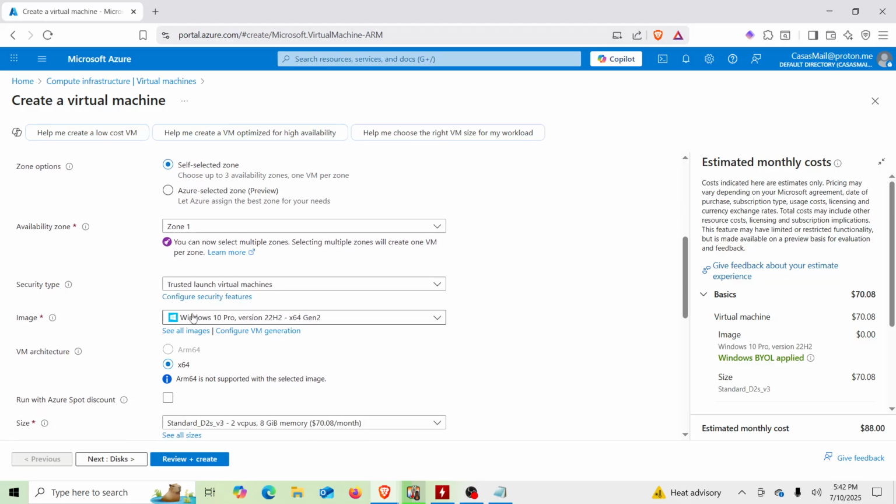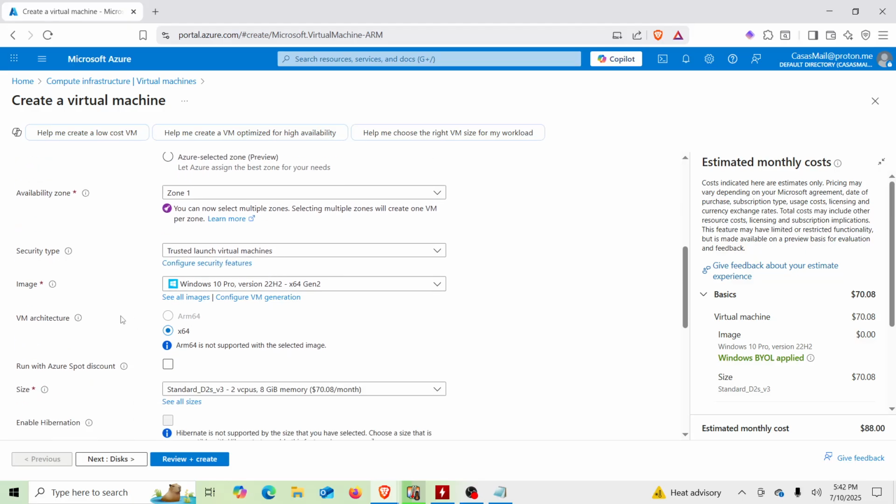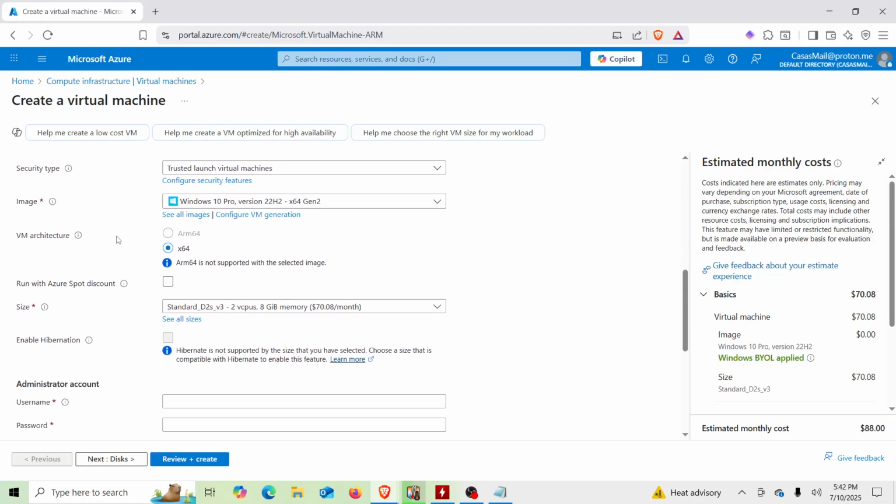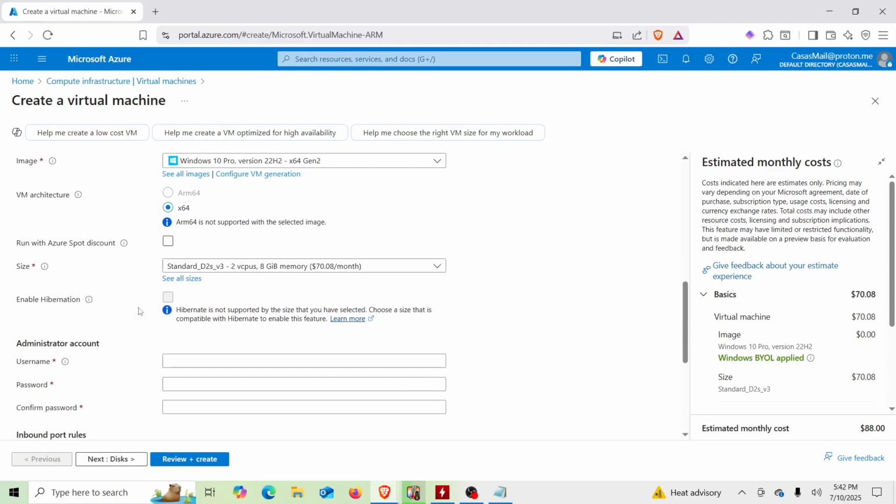Scroll down. Image, we're gonna keep it as Windows 10 Pro. Scroll down. For size, we're gonna keep it 2 vCPUs, 8 GB. As a standard, you can use higher vCPUs if you want, but this is fine. For username, we're gonna use nxuser. Password,